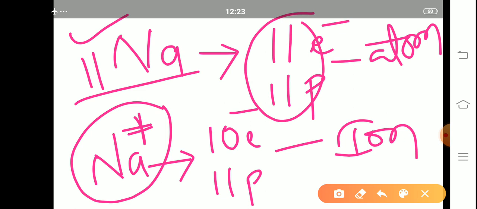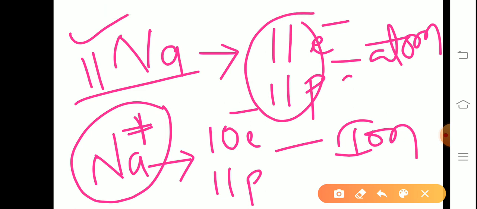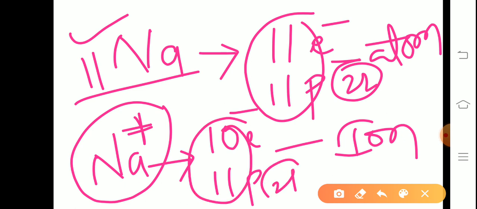Yes, obviously your answer is the sodium atom is bigger, because total 22 with number 22 in their nuclei, but here 21 in their nuclei, right? So that's why the sodium atom has a bigger size than the sodium ion. Now it is a positive charge, no? This is called a cation.